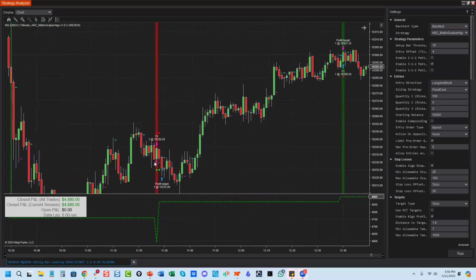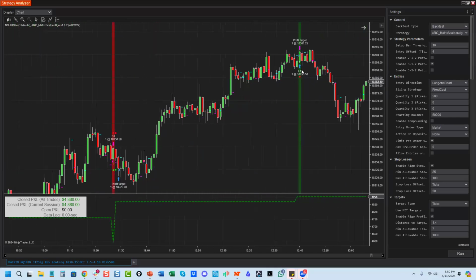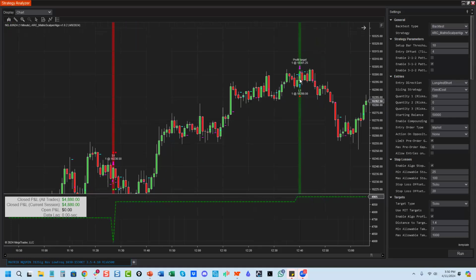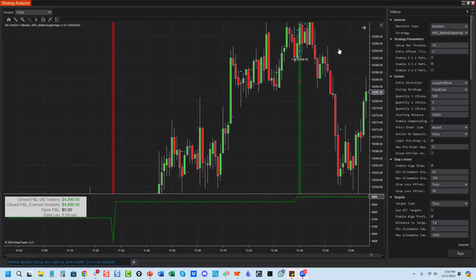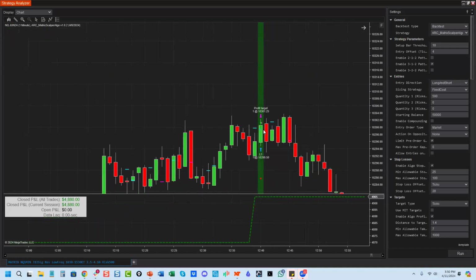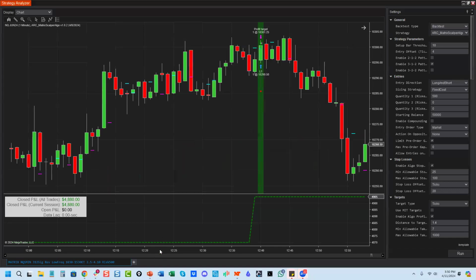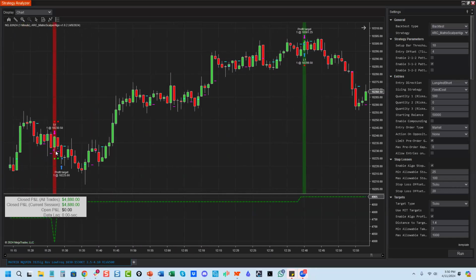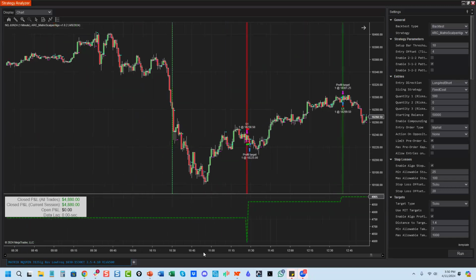So there's a pattern here. This was the short, came back down. This was the long, came back down. What do you see about the difference between these two patterns? It's the size of the candles that are different. It's the size of the bars that are going to change, which means your stop size is going to change, which means your position sizing is going to change. And this is what I mean by auto adapting money management: when you have a pattern that has bigger bars, bigger patterns, your money management will automatically adjust your size independently of each trade so that you're not sitting there having to figure that out.